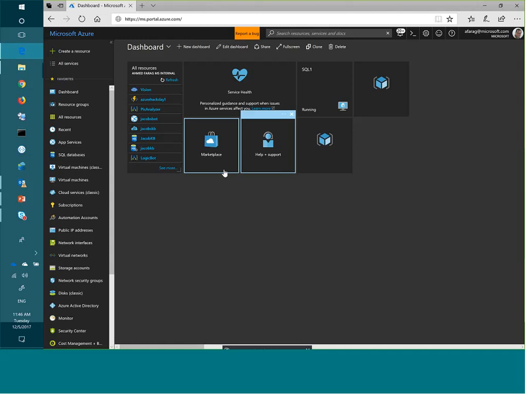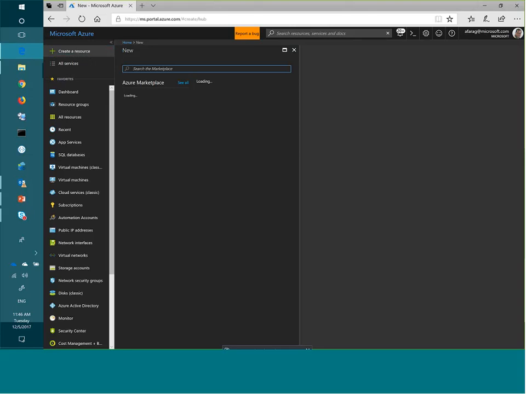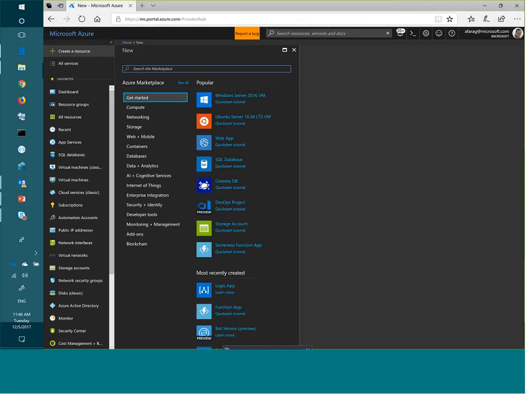If you don't have an account, it'll let you create a free trial with a $200 credit, where you can try resources in Azure without any restrictions. Right now I'm logged into my account, and I am at portal.azure.com. I'm going to go ahead and create a new resource, and that resource is going to be a Logic App. So I'm going to search for Logic App,